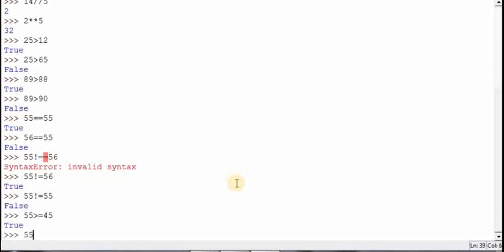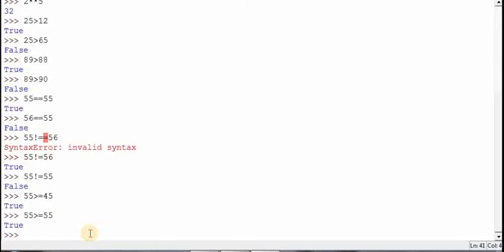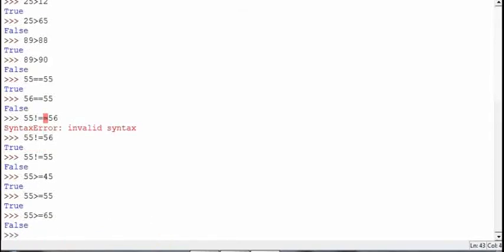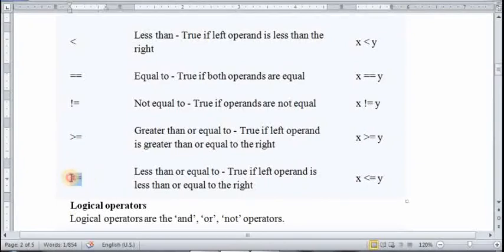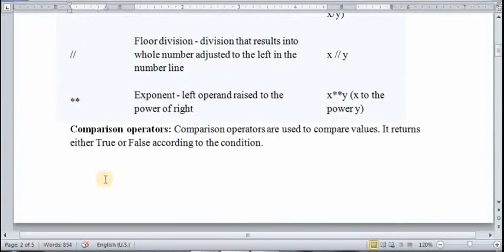If I check 55 is greater than or equal to 55, then it will return true, because first it will check whether it is greater or not. It is not greater, but it is equal, so in this case it will return true. If you check 55 is greater than or equal to 65, 55 is not equal to 65 and 55 is not greater than 65, so in this case it will return false. Similarly, the less than or equal to comparison operator will be used. So all these are the comparison operators.